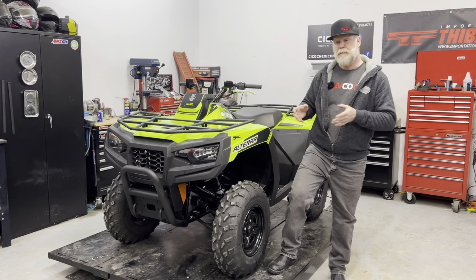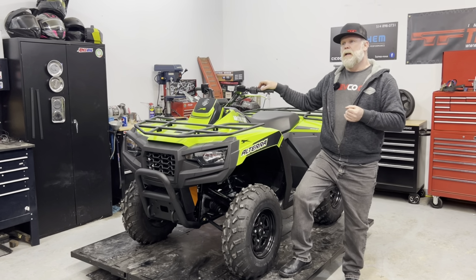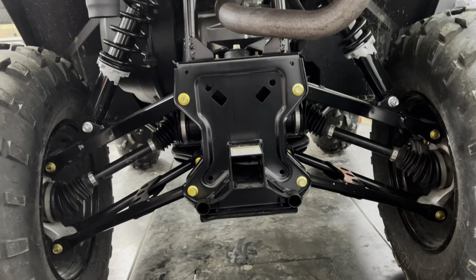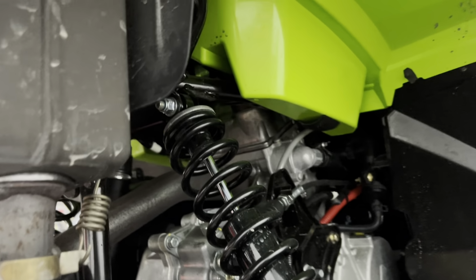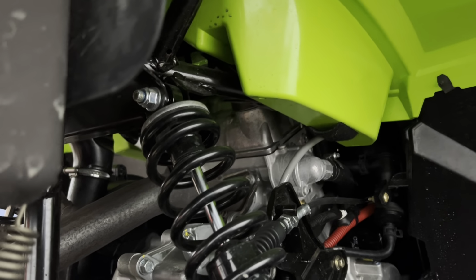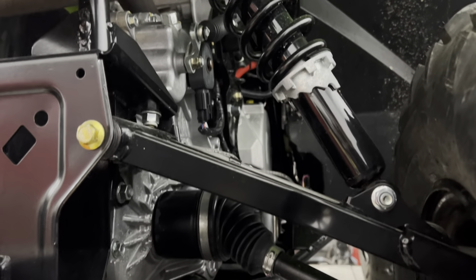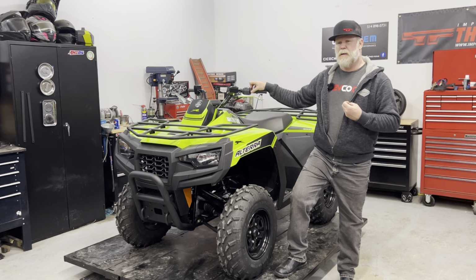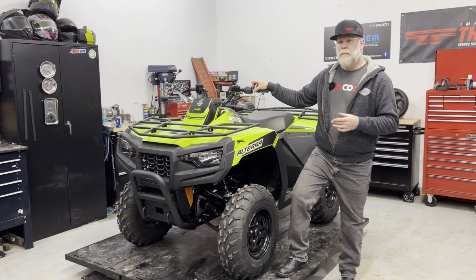The most important feature is that this thing's been completely redesigned from the ground up. This is not like the Altera in 2015, where they had the whole redesign but basically the underpinnings were exactly the same engine. The engine wasn't that bad, the 700, but it was lacking in power and response. Lots of people liked it, but if you wanted a little bit of performance, many people were left wanting more. Now,